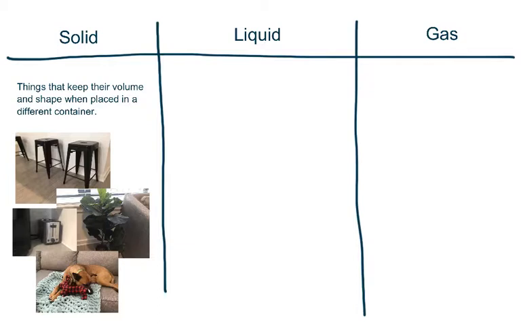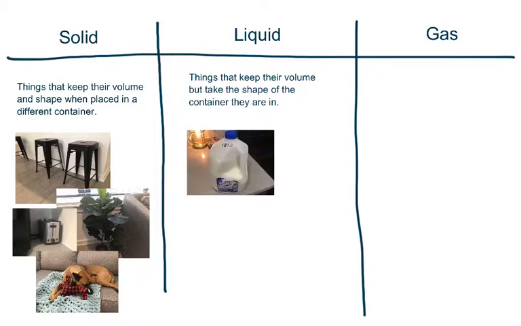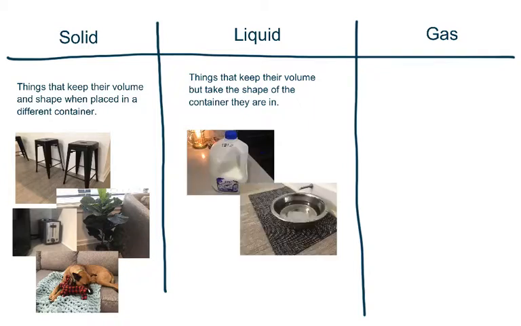Now let's look at liquids. Liquids are things that keep their volume but take the shape of the container they are in. So a liquid will continue to have the same amount of space it takes up, that's the volume, but it's going to change its shape depending on the container, so depending on where it's sitting. Some of the liquids I found in my home were milk, the water in my dog's bowl,